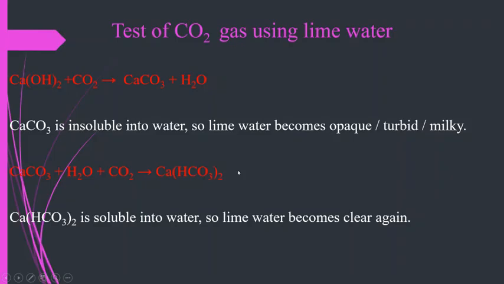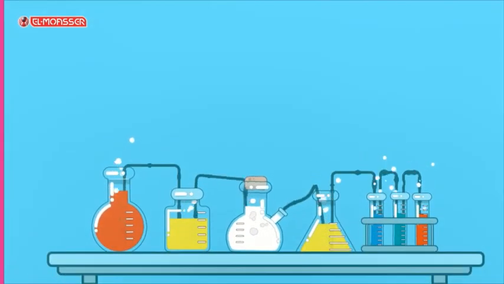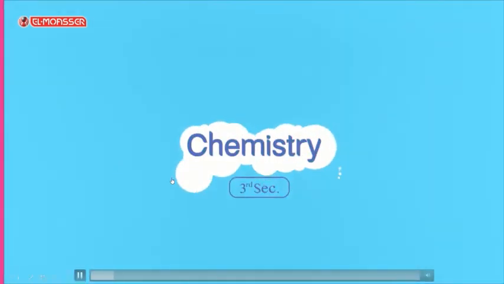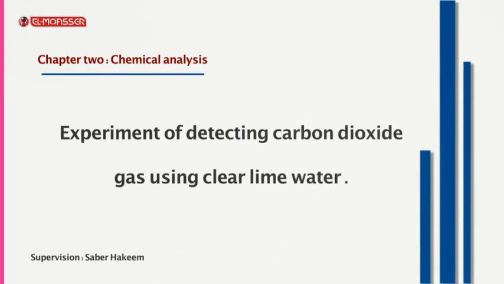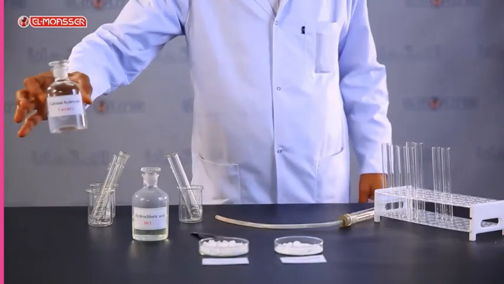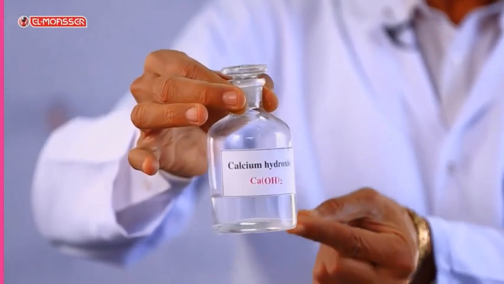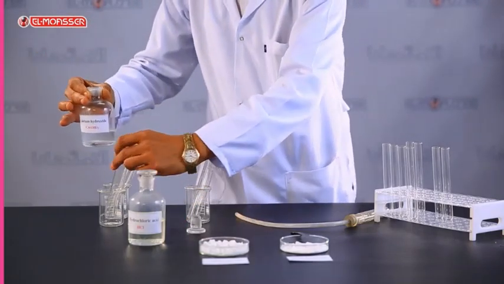Now we will see the video of how carbon dioxide gas makes the clear lime water milky or turbid. Now in this video, you will see this and you will be clear about it. Experiment of detecting carbon dioxide gas using clear lime water. Calcium hydroxide, which is known as clear lime water, is used to detect the presence of carbon dioxide gas produced from the reaction of sodium carbonate or sodium bicarbonate salts